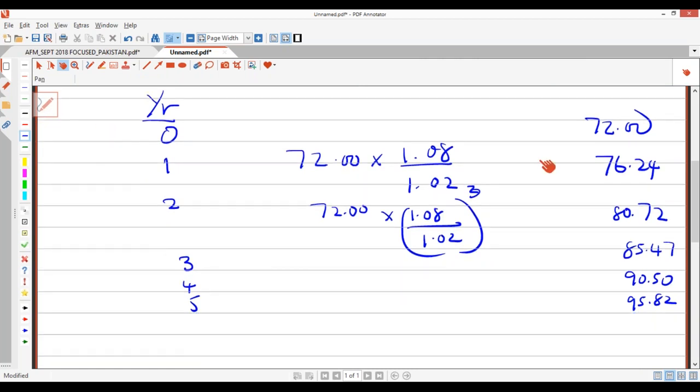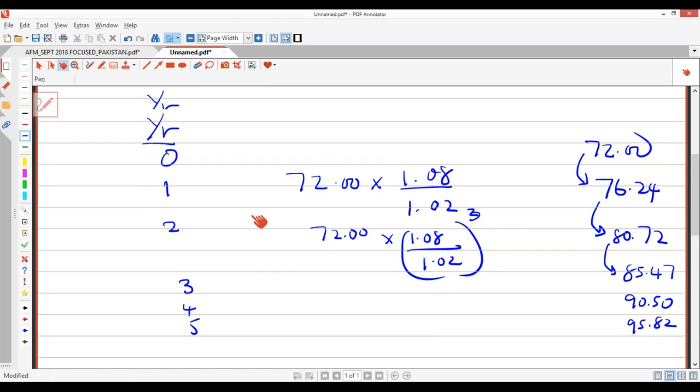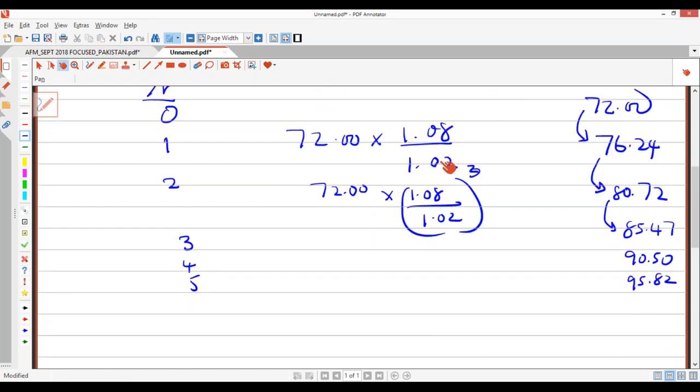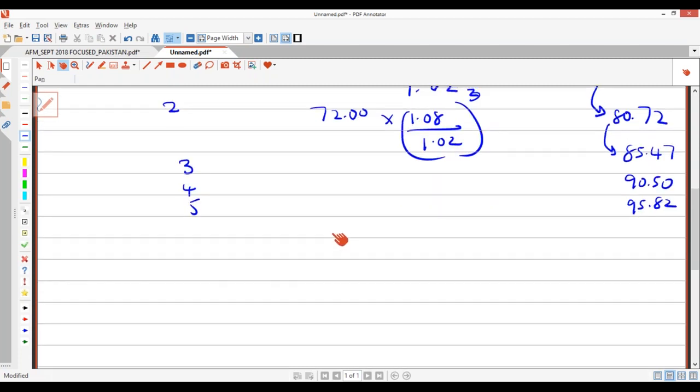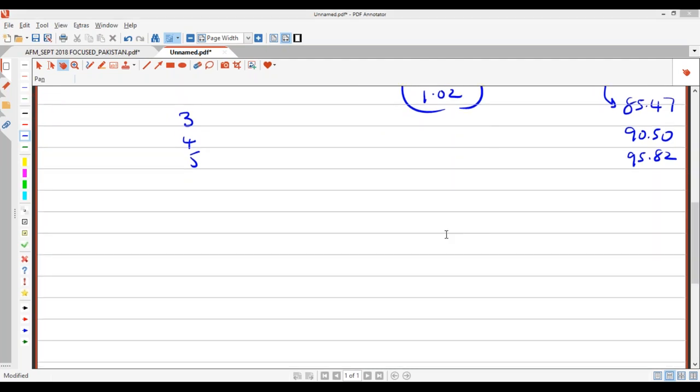Now, if your inflation rates are different, maybe first year is 8% and 2%, you do like this. Second year is maybe 10% and 5%, then you multiply on your own. That means you take each year as a new year. Is that okay? Yeah, that will be the first working that everybody must do. Just write the rates, show 1 or 2 workings there, move on fast. You cannot be sitting down there and laying the eggs.